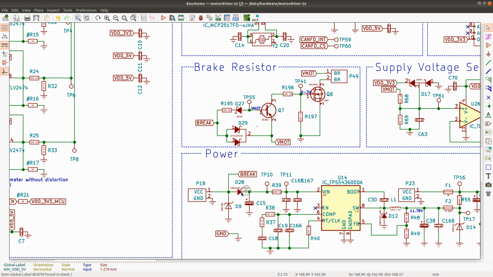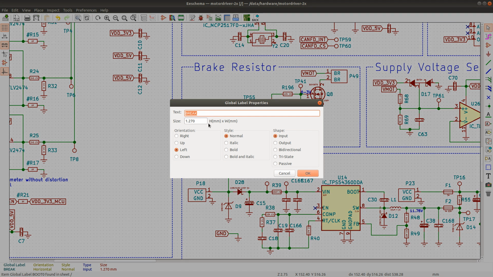So the power is split here between the logic and the motor supply. And the motor supply is fed through this power diode here. And there's also another diode here, so that this power is a little bit more evened out by this capacitor. But the break doesn't even actually make any sense here. This would be better called like,